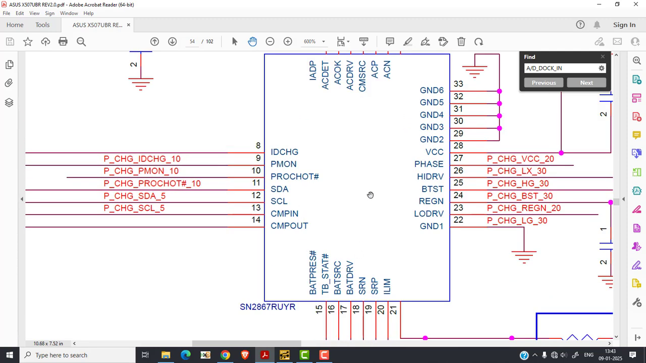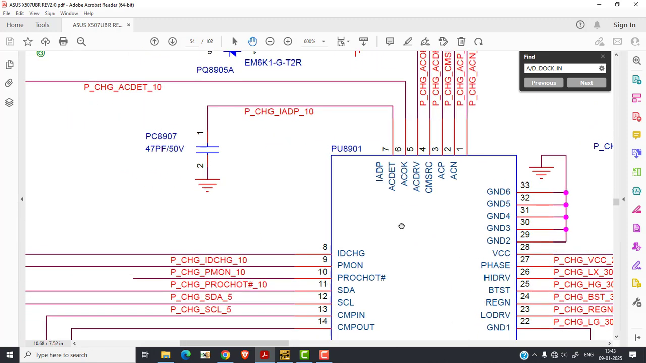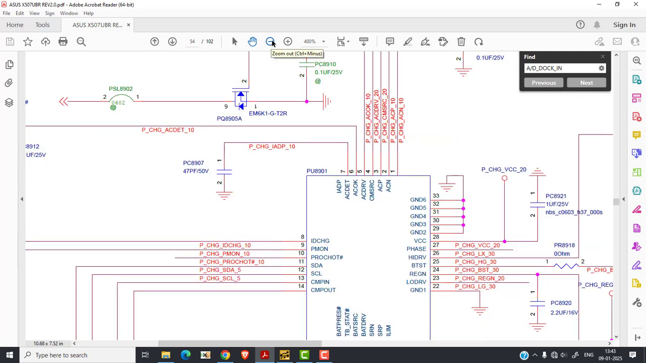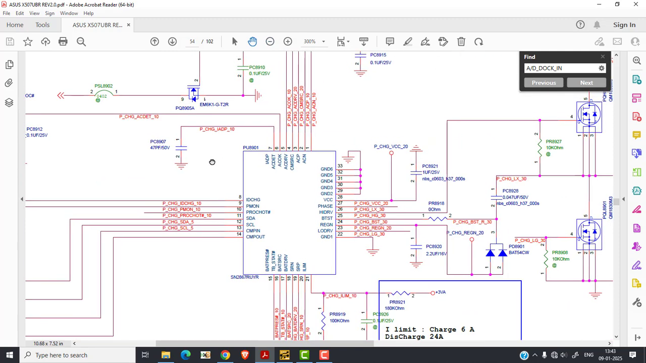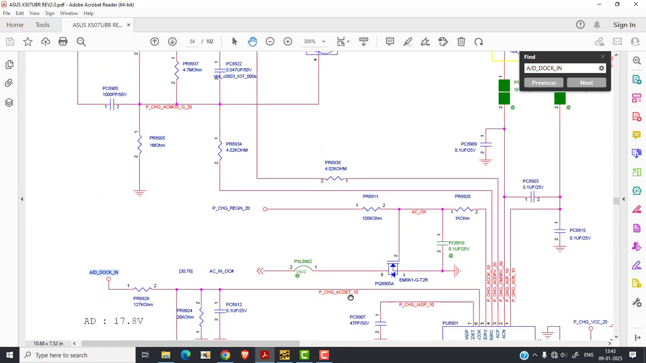Okay, and the power input to this chip, where does the power go? So we'll see where it goes, power to these chips. First, the chips require the power, so we'll find where the power is. So it is the jack, then